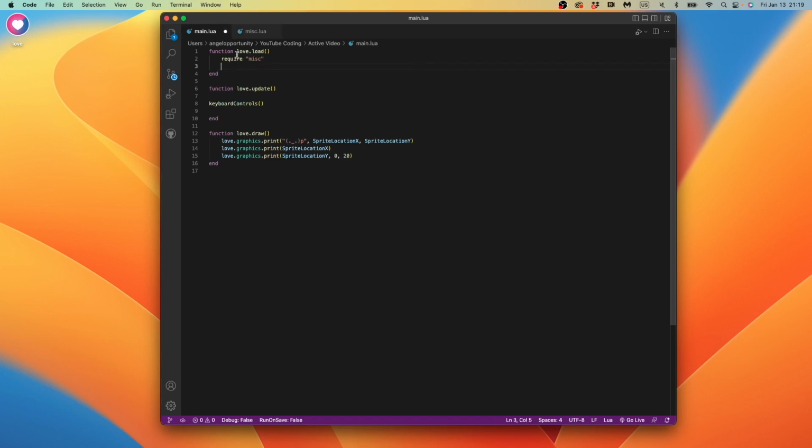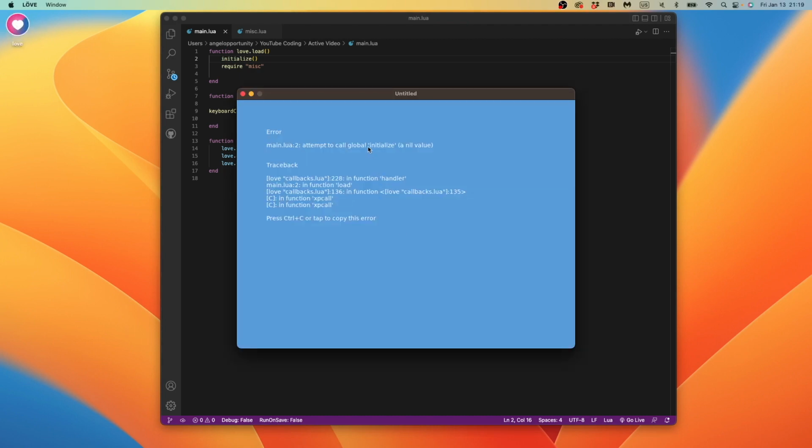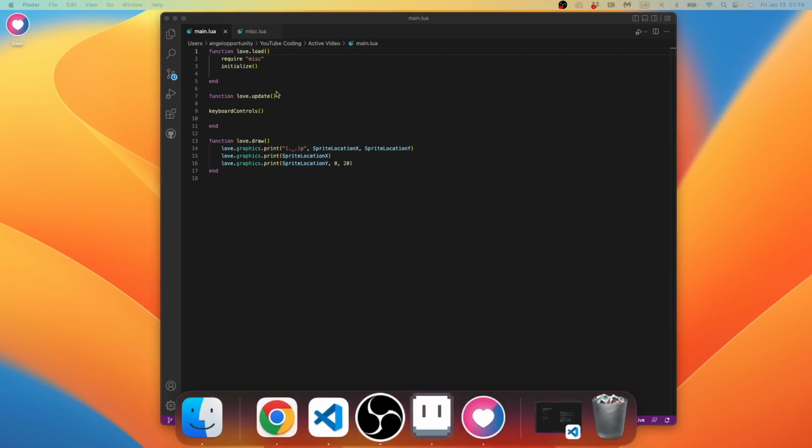Let me show you something, by the way. If I type initialize here and try to run this, do you think it's going to work? If I ask you that, it probably means it's not going to work, right? It says it doesn't know what initialize is. And the reason for that is because we need to do initialize after require misc, because that line, require misc, is when we're telling it,